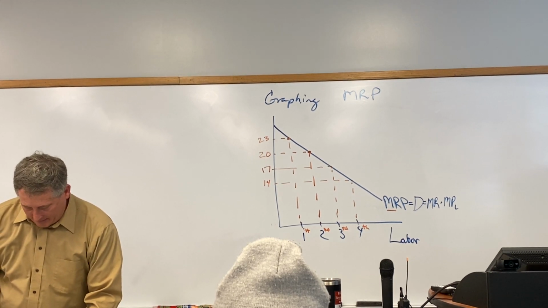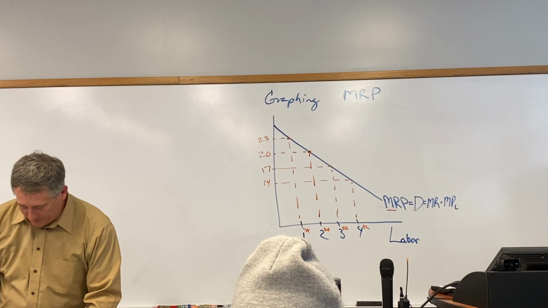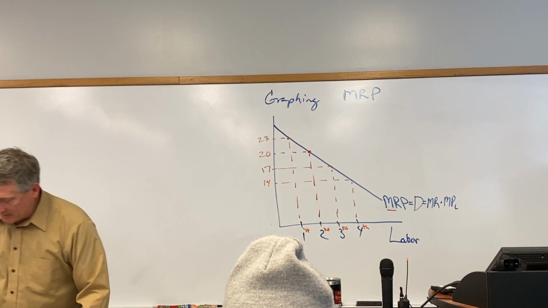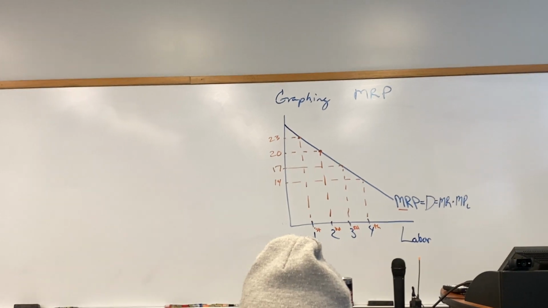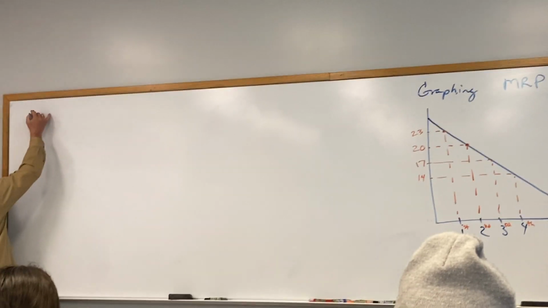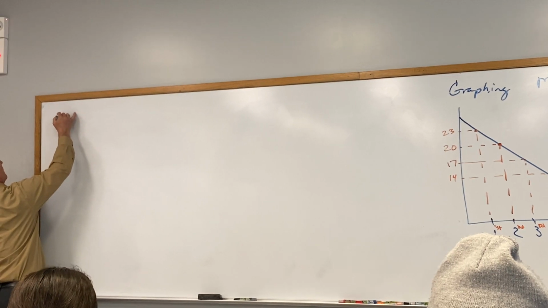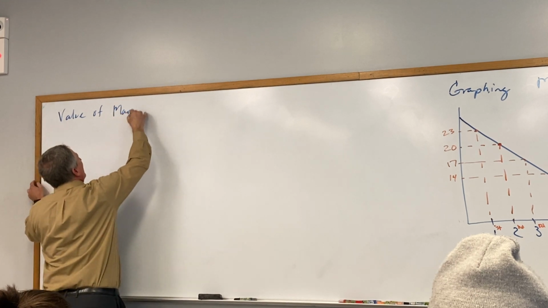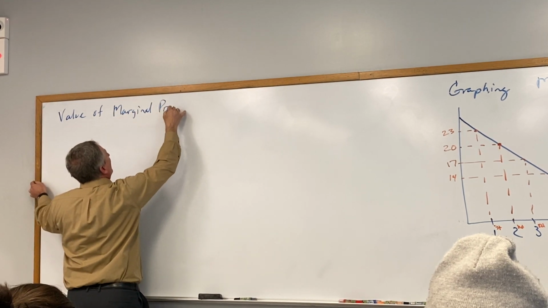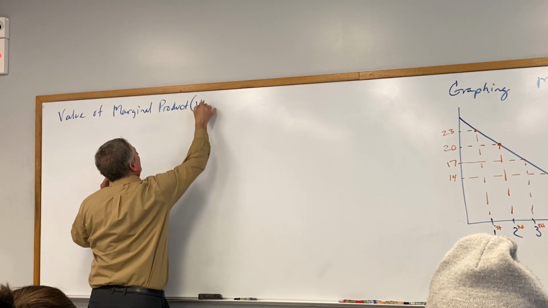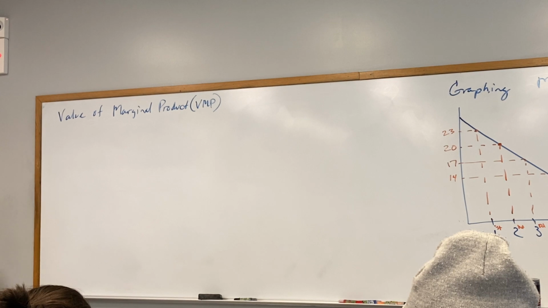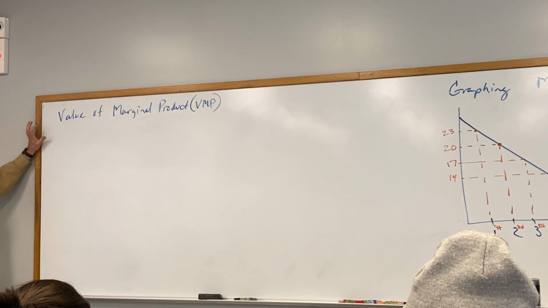So let's see. All right, so let's get into the value. So the value of the marginal product, the VMP, is just a slight variation on this. And so